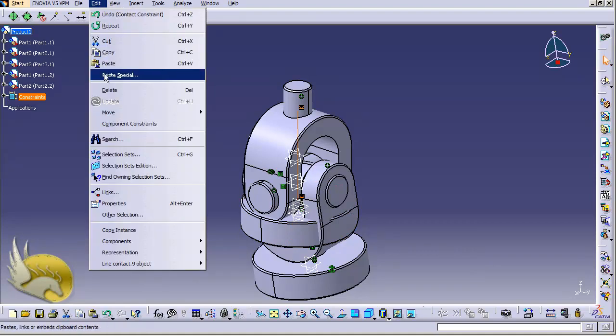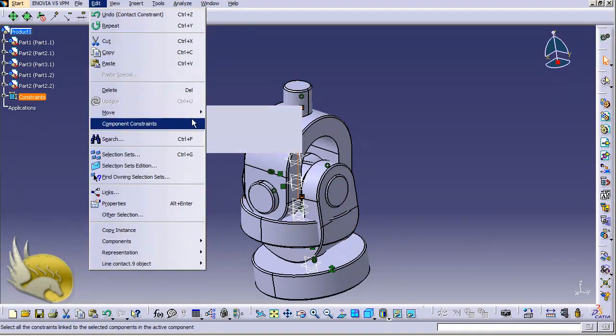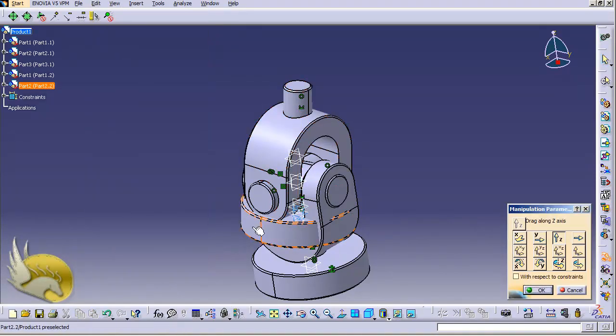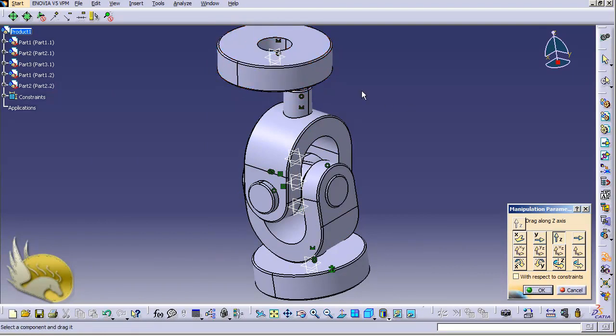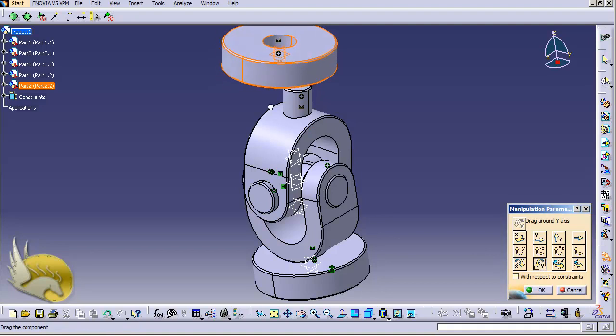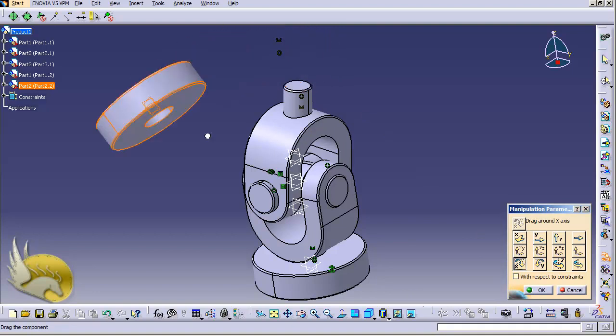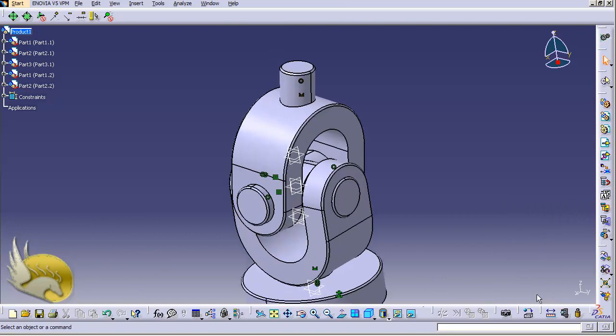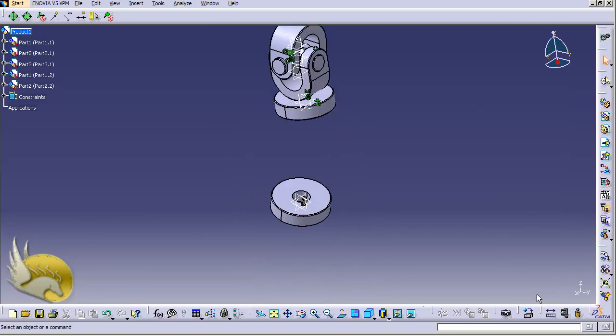I need to edit it, move it up, and rotate it. So I select rotation along y-axis, for example. No, it is not good. Let's select rotation along x-axis. So I move it down, click on OK, and I need to move it up